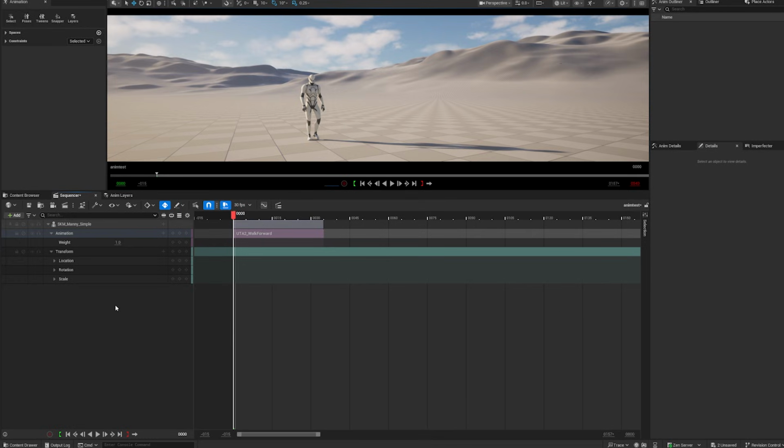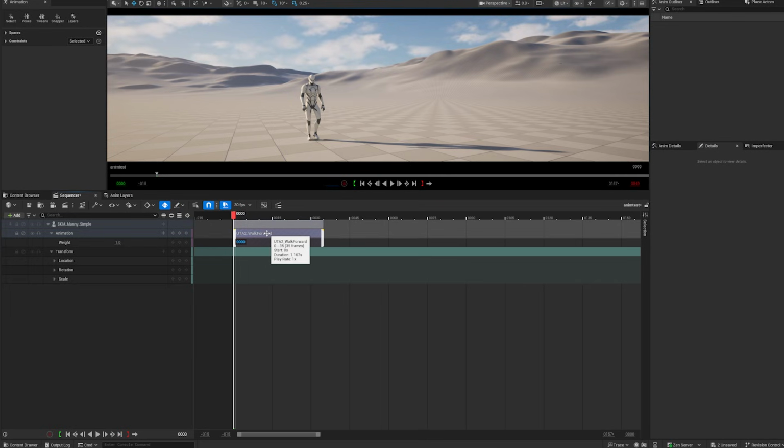But if you are doing a cinematic like I'm doing right here with this character, then disabling the root motion can be a little bit troublesome because you will have to devise how much you can translate this character forward so it matches the animation. So in this case, there's an easier way to do it where if you got your character, you got your